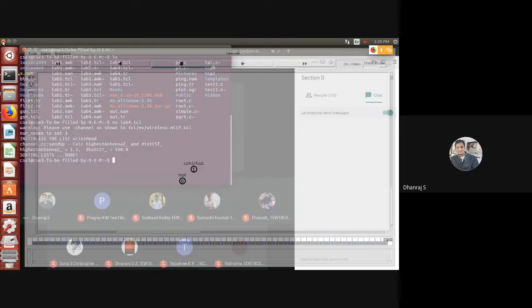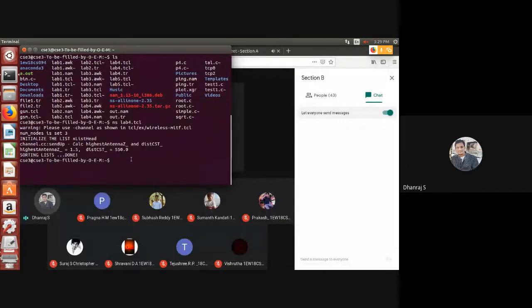Now the simulation is over. We need to calculate the throughput. How to calculate the throughput? awk -f, file name lab4.awk, then lab4.tr.